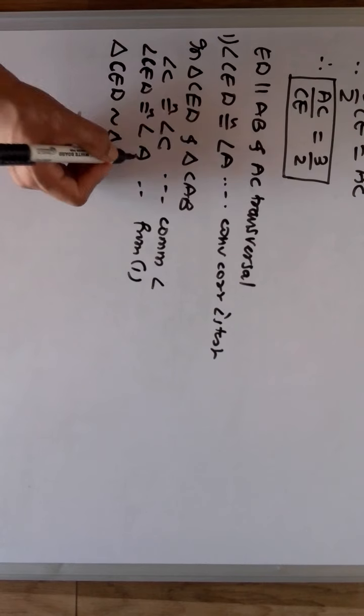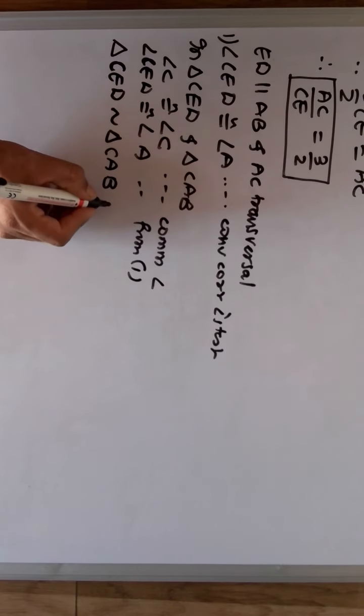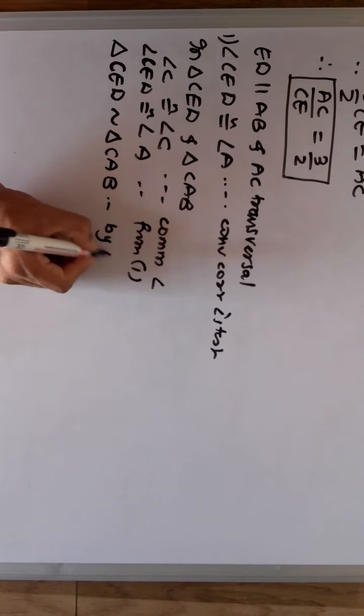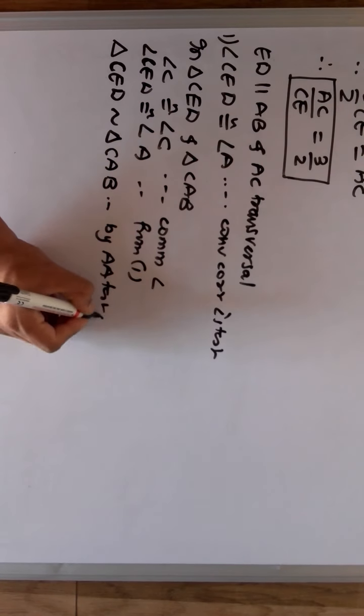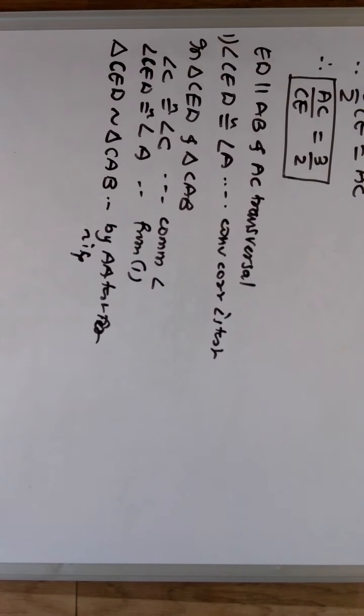ई आया है ना तो ए के साथ आ जा, तो ई के साथ ए आ गया एंड रिमेन्स ओनली वन, दैट इज सी ए बी. This is by AA test for similarity. And in that I have also told that whenever I write test, I write for similarity or for congruence very clearly. So I always write this, that is AA test for similarity. Now I got these two triangles similar.